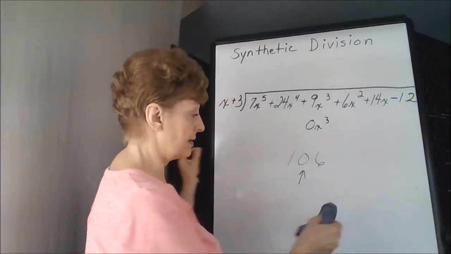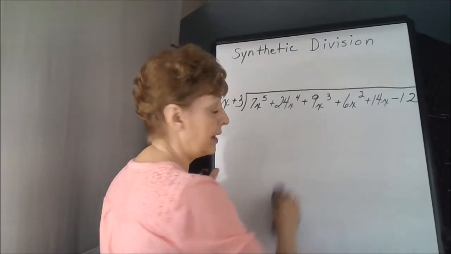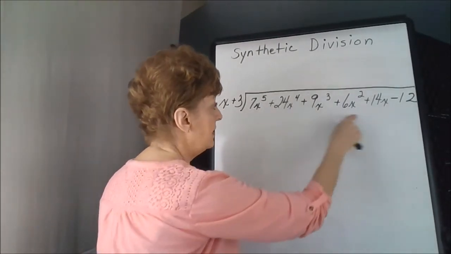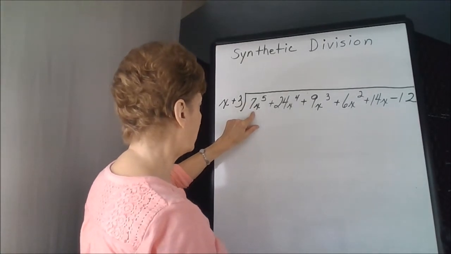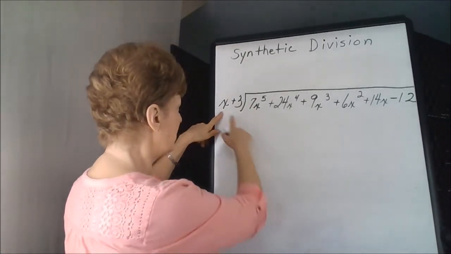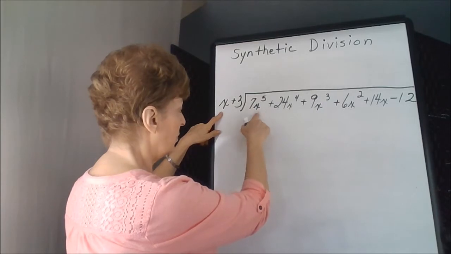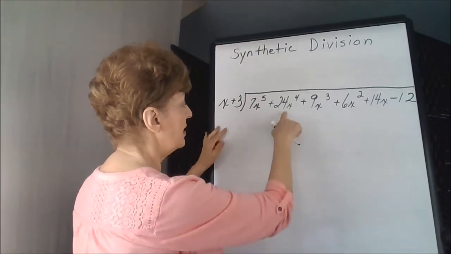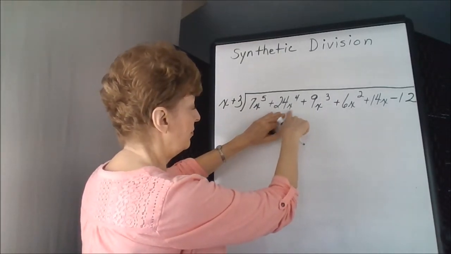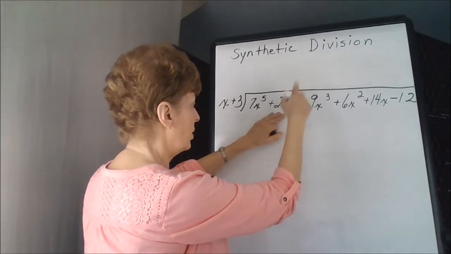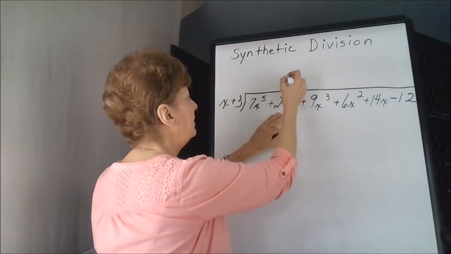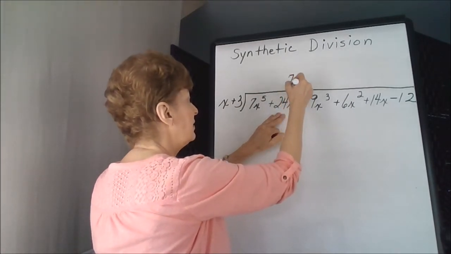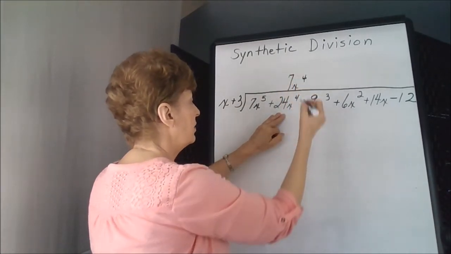This particular one doesn't have a placeholder, so we're ready to go. We've checked to see that everything is represented. We're trying to get rid of the very first term. We have an x already, so we need 4 more x's to wipe this out. So we're now going to put our answer here in the x to the 4th column, so we keep everything straight. We're trying to get rid of 7, so we're going to just go 7x to the 4th, and then